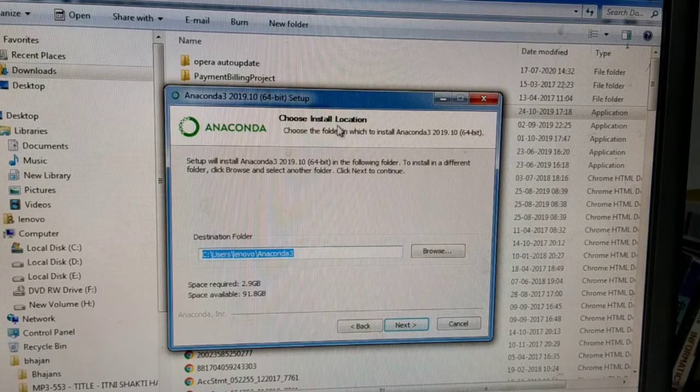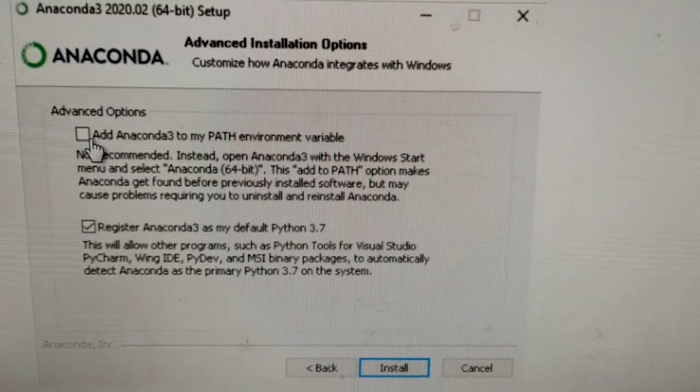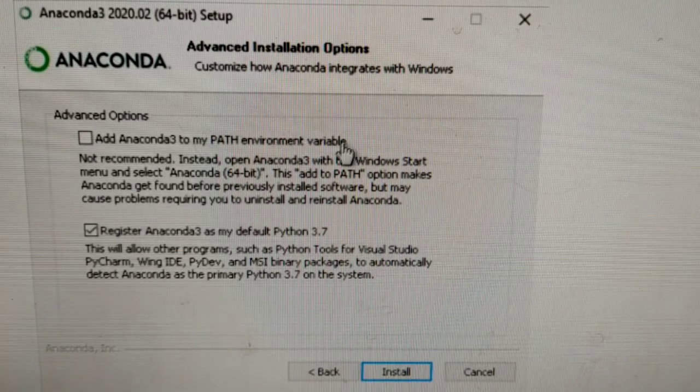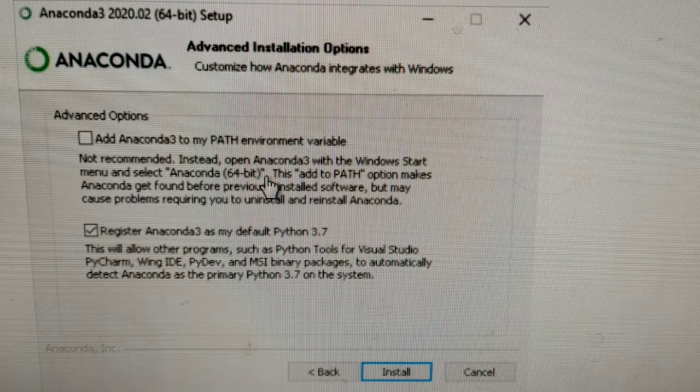Choose the install location, and after clicking next you will find this frame. In this frame you have to click on add Anaconda 3 to my PATH environment variable. This is good when you want to connect Python with MySQL, as you are doing in 11th and 12th class.